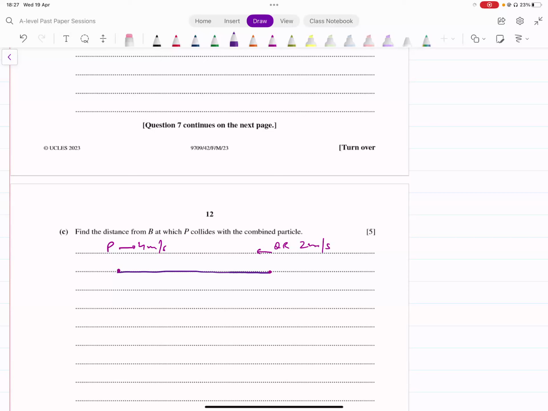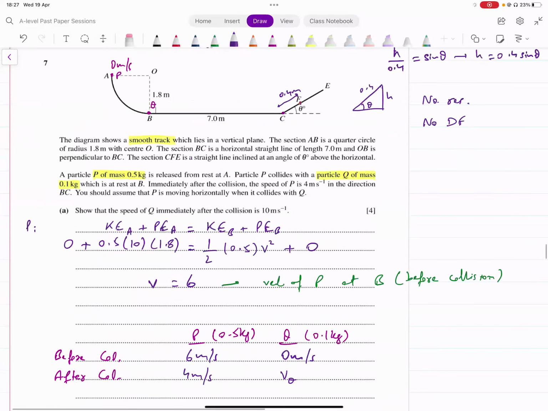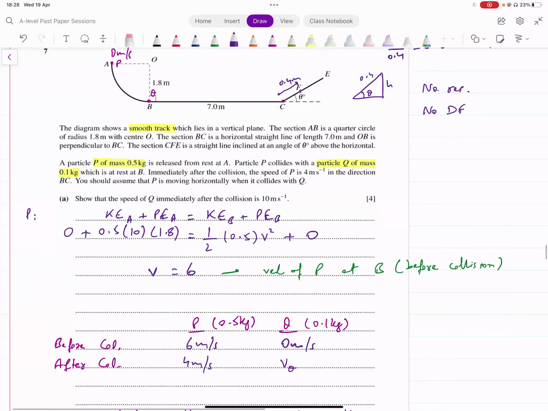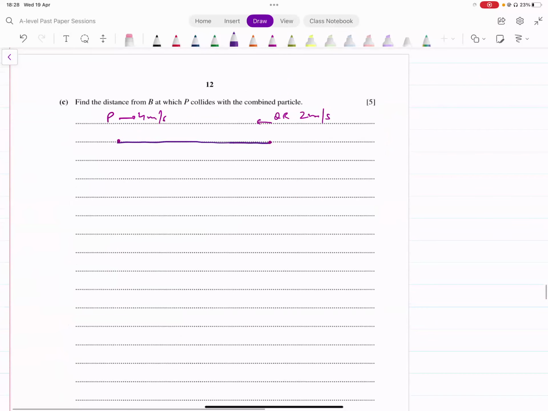बट नाउ द प्रॉब्लम इज पी जो है वो पहले से चलता आ रहा है, बिकॉज पहली जब कोलिजन हुई थी, फर्स्ट कोलिजन, पी तो तभी से राइट साइड पे मूव कर रहा है, राइट। ठीक है। तो अब सिचुएशन ये है कि लेट्स से हमारे पास टाइम इक्वल 0 था कभी, जब पी और क्यू की कोलिजन हुई थी। हम टाइम इक्वल 0 ले रहे हैं जब पी और क्यू ने कोलाइड किया था सबसे पहले।